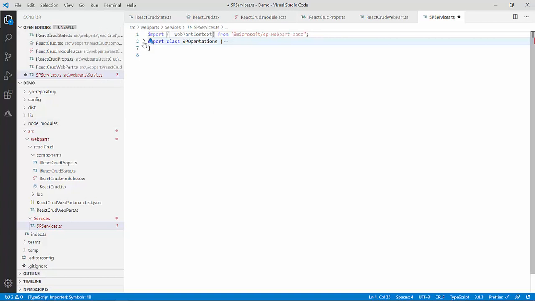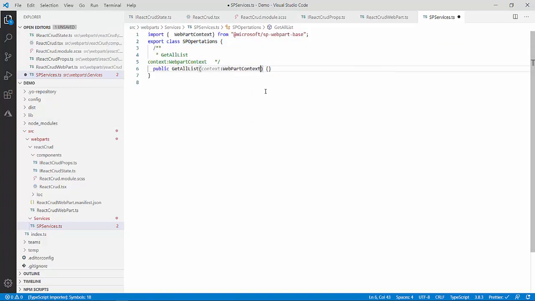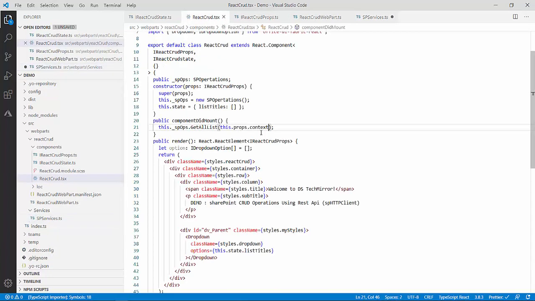So this is my WebPartContext. I will expand it and say WebPartContext. See this, I told you colon is used to set the type of my variable. So this is my variable context, it is of type WebPartContext, and I am passing it from my componentDidMount method, which is present in my component file, the tsx file. From here I am passing it.